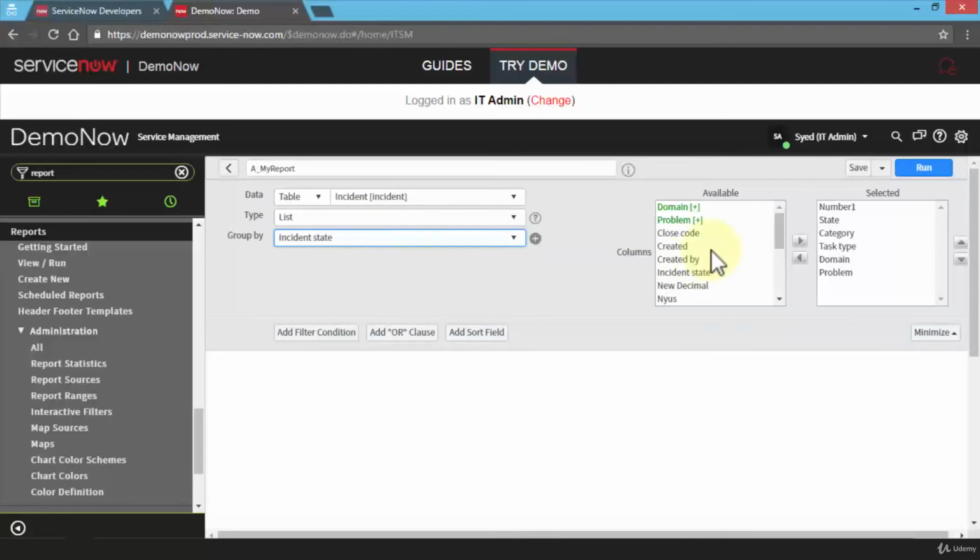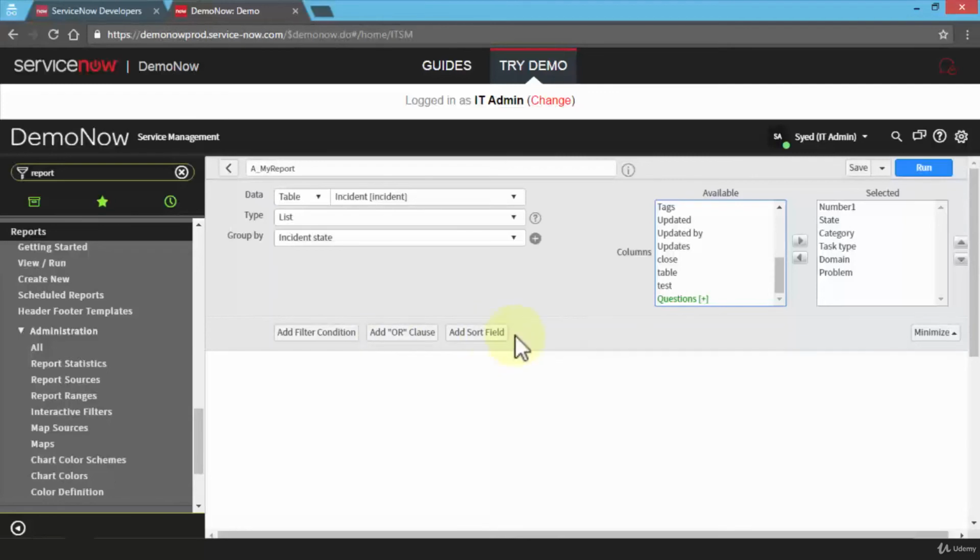I can also add existing columns to my report. For example, by default, it's selected number, state, category, task type, domain, and problem. I can always add from the available list so that they can be displayed on the report. Additionally, I can choose add filter condition and logical operators such as or and conditions,